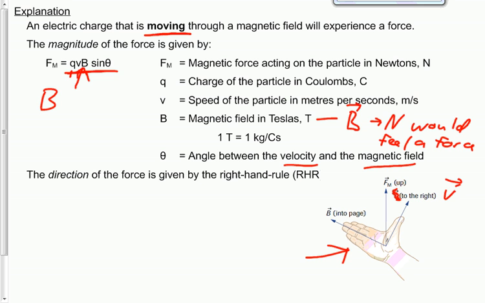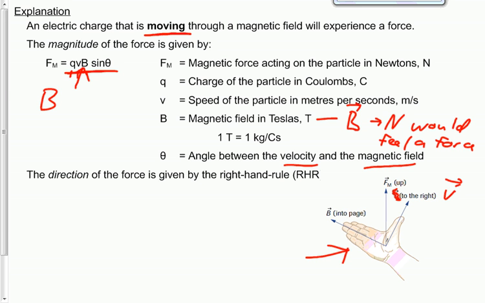Just like that for an electric field, the field lines point the direction that a positive charge would feel a force. The B field points the direction that a north pole would feel a force. And then FM, which is the palm of your hand, you can imagine pushing it. That would be the direction that this particle would experience a force. And so there kind of is our explanation of what sort of forces is going on for a charged particle moving through a